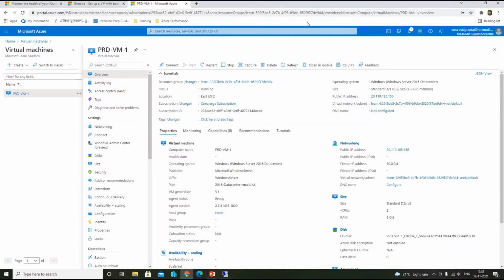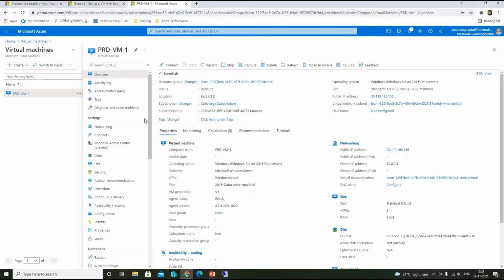I have already logged in to my Azure portal. This is my production VM, and you can see the virtual machines here. From here I want to install the Perf Insights tool.